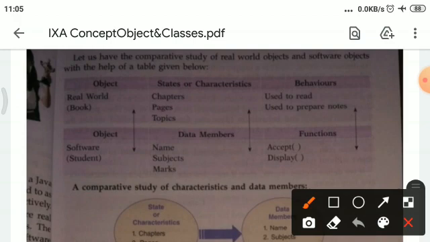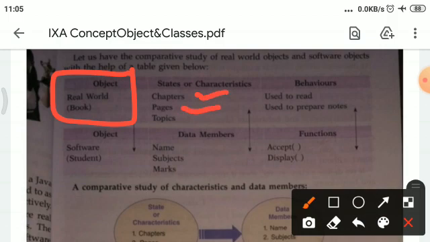These are the real world objects, and these are the states and characteristics of the real world object. Here the real world object is a book, and the characteristics of the book are number of chapters, pages, and topics, and the behavior of a book: it is used to read and to prepare notes.